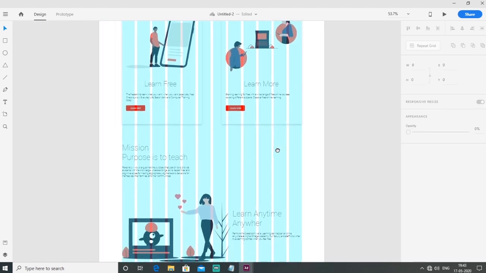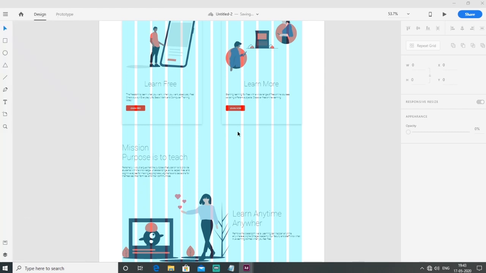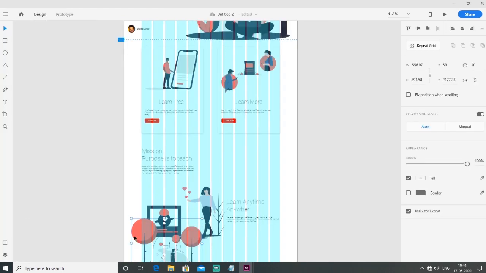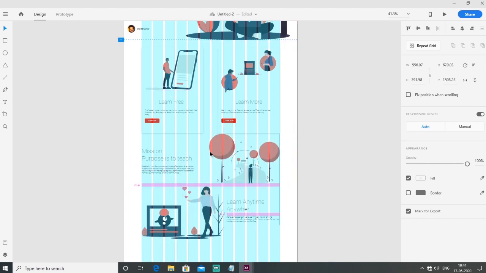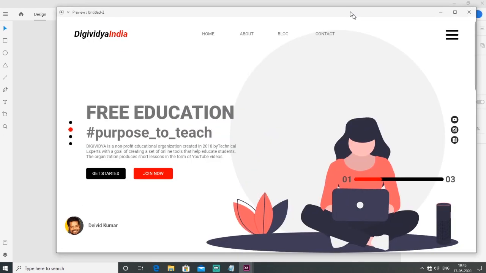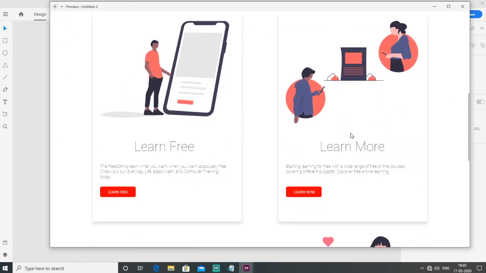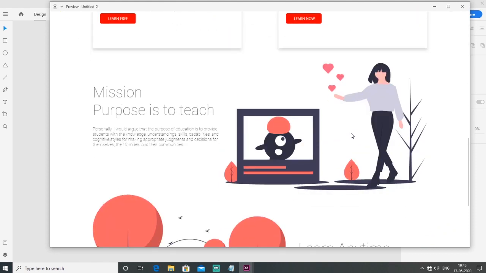Okay, fine. I need one more SVG file. Now I want to preview. I just click here. So this is how my web page looks like.